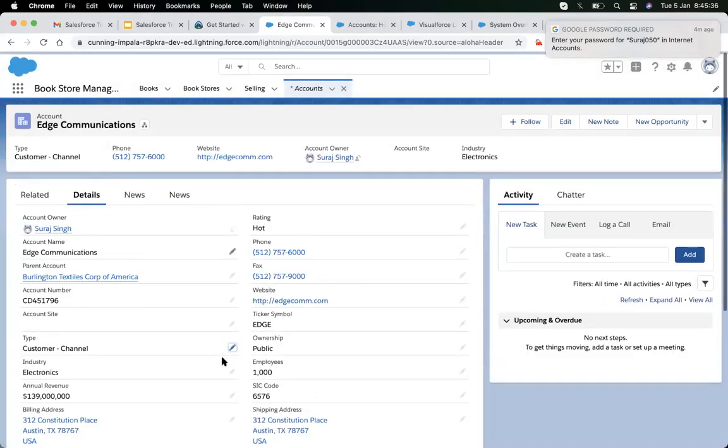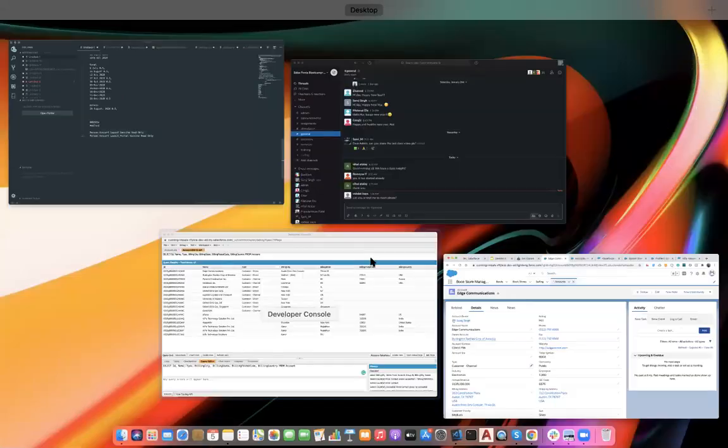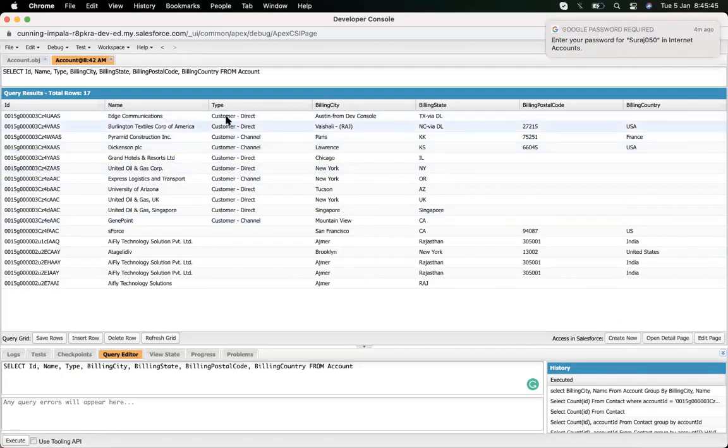So for Edge Communication, someone has changed customer direct to customer channel, and here, if I look at Edge Communication, it's still showing customer direct. In order to refresh this data, I will click on refresh grid. If I click on refresh grid, you can see that the new data gets populated. So refresh grid helps us refresh the output from that query.